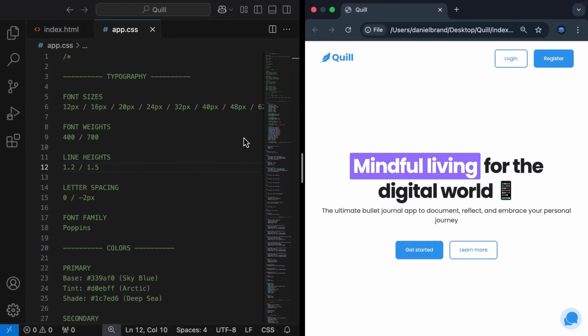Alright, so I'm back inside our app.css file of the Quill homepage. I'm going to scroll down to our button